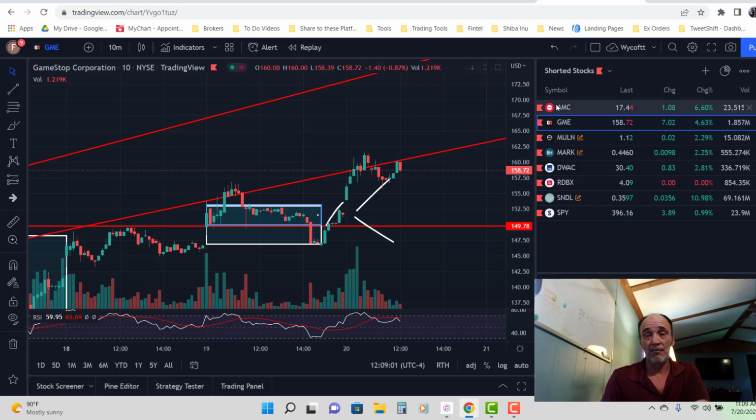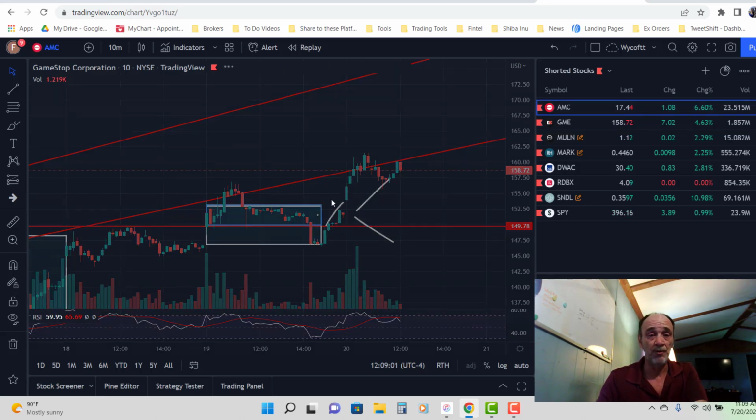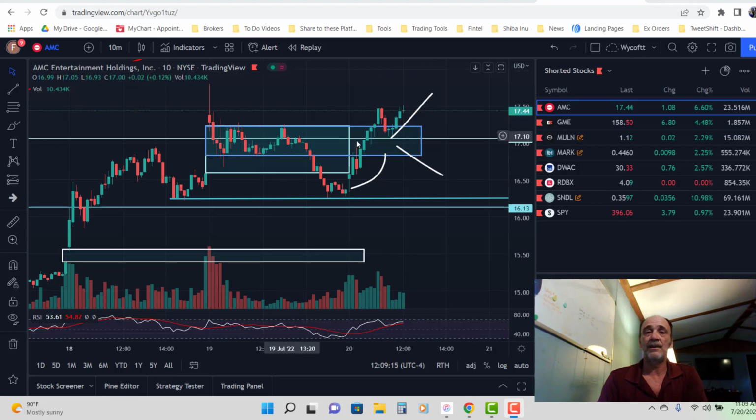Alright, and then I compared it to the AMC chart, and I showed you AMC's gap filled box and the trend line box, and I showed you how where GME's touched the trend line or the gap fill box and then started its trip up, AMC continued down, touched the support line. Just watch that video, I explain it. And I drew these lines in that video. I said AMC should make a turn back up immediately in the morning, go back into the trading range box, and then it would stall out. Let's find out what GME was going to do.